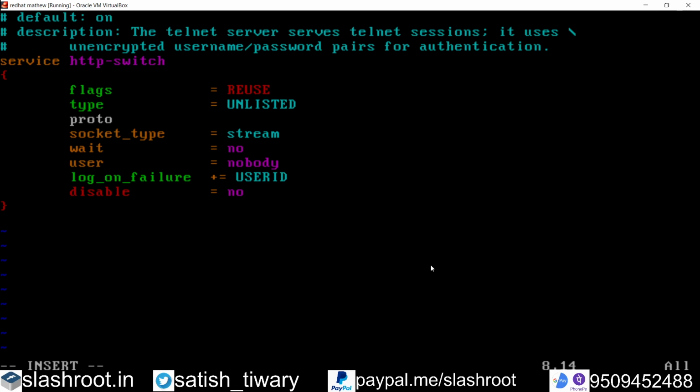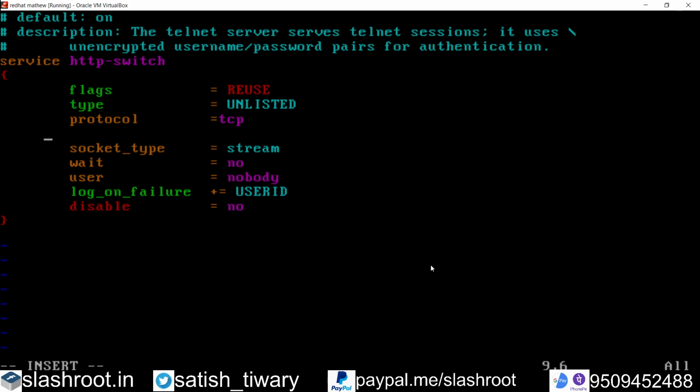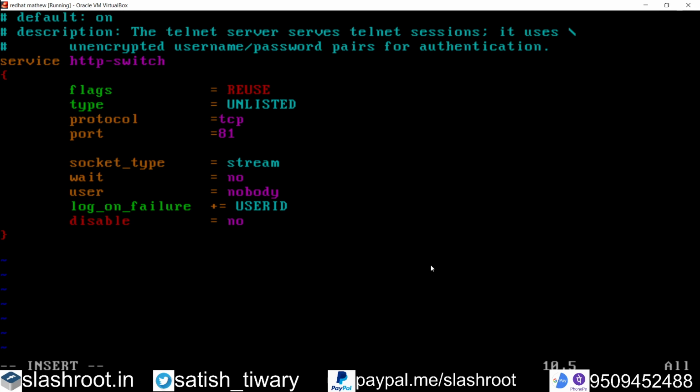So protocol is equal to tcp, port is equal to 81, and we can redirect it to the web server IP address 192.168.29.117 and port number 80. So we are redirecting this to that port.